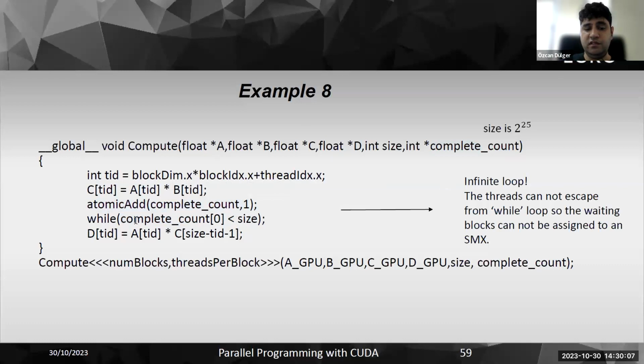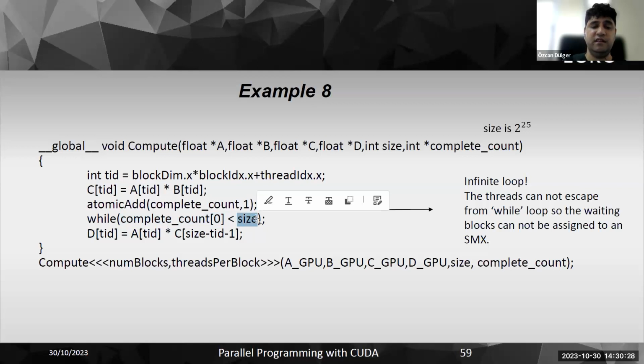But in the condition, this condition is always satisfied because the value of this global variable will never be equal to the number